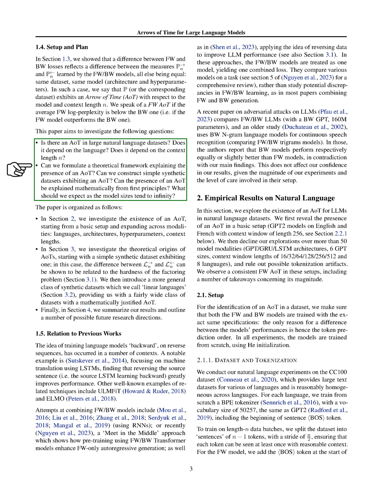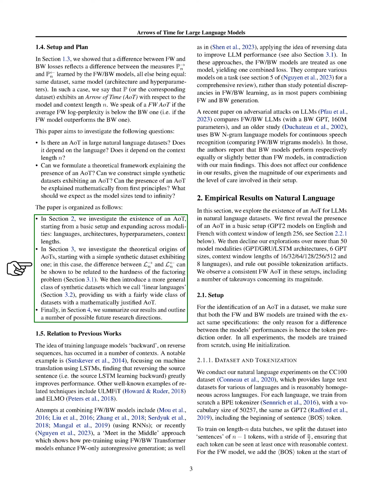We've organized our paper to tackle these questions step by step. We start by looking for the AOT in different settings: different languages, model designs, settings, and text snippet lengths. Then, we try to understand the theoretical reasons behind the AOT, starting with a simple artificial dataset and moving to more complex ones. Finally, we wrap up with a summary of our findings and suggest directions for future research.